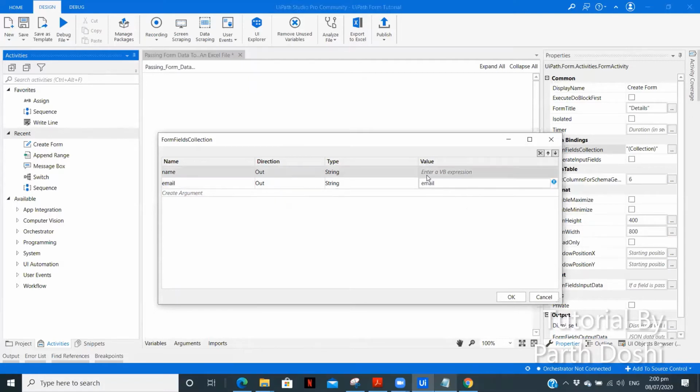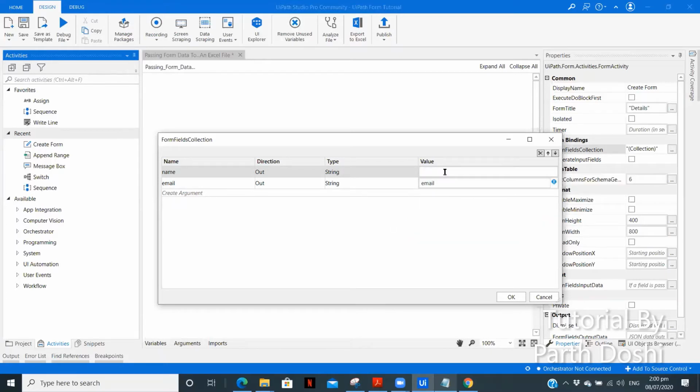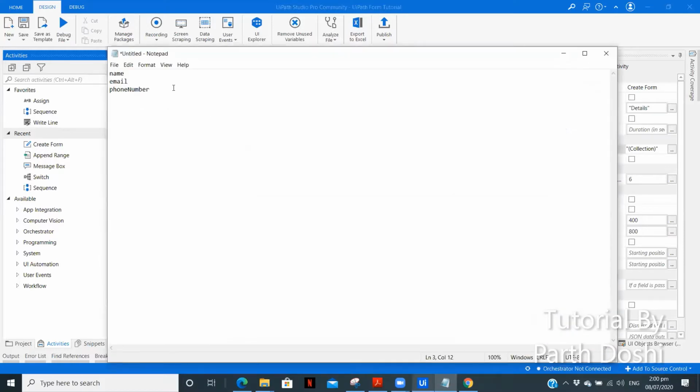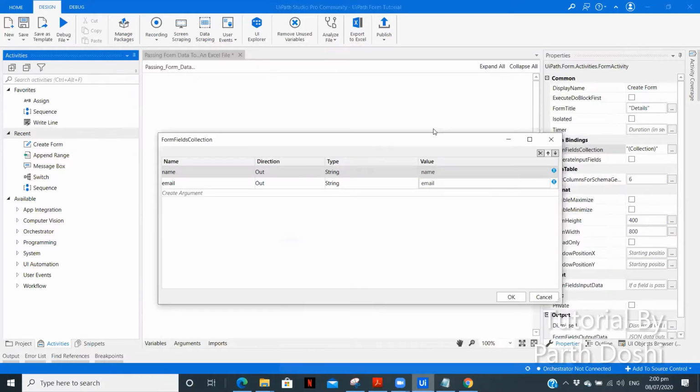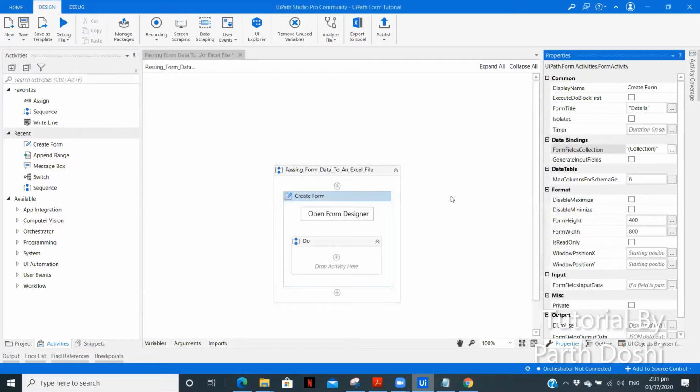Okay, so for some reason the name is not available. Now the third one we are left with is phone number. Let us copy this and paste it over here. Change this to out, create a variable phone number. Okay, so let's click on OK. Now there is some error over here.